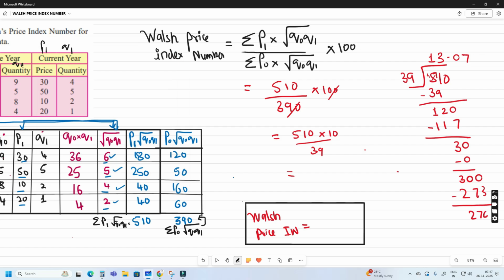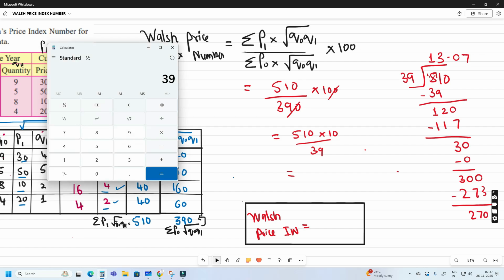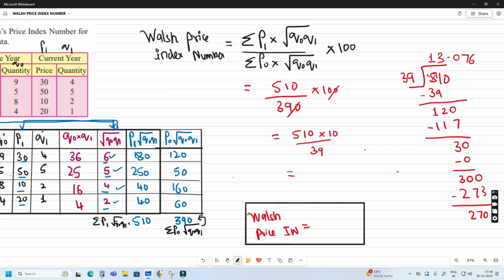So point है तो 0 ले लो, you're getting 270. So 39 times 5 we will check. 39 times 5 is 195, and 39 times 7 will give you 273, तो 39 टाइम्स 6 ही होगा, ठीक है।